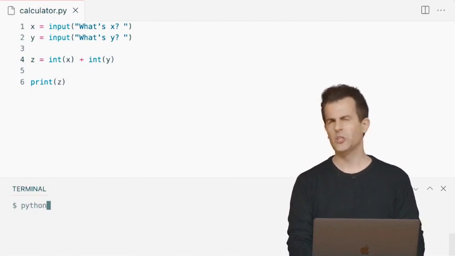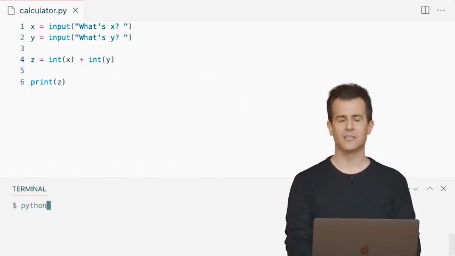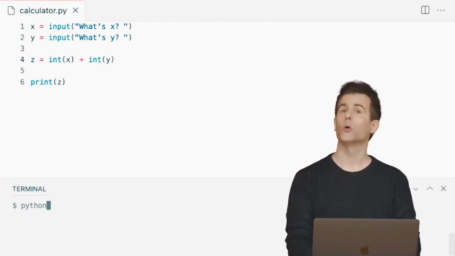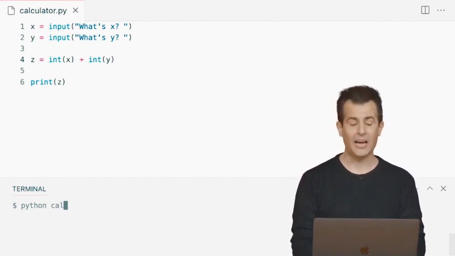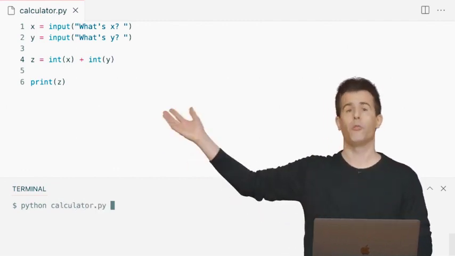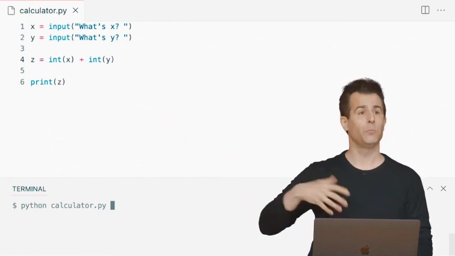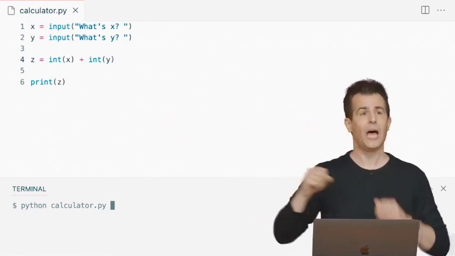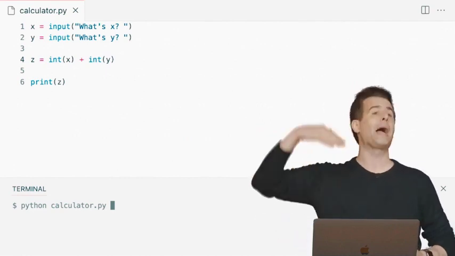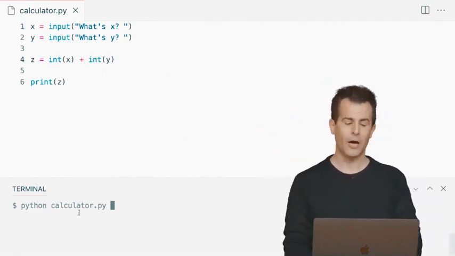Calculator is kind of a long word. It's a little tedious to type. Notice what I can do in my terminal window, in a command line interface in general. If I start typing CAL for calculator, I can actually hit tab to finish my thought. So autocomplete is possible in a terminal window like this. Type the first letter or few letters, and then boom, with tab, it'll finish your thought for you. Or you can go back in your history like I did with the up and down arrows.